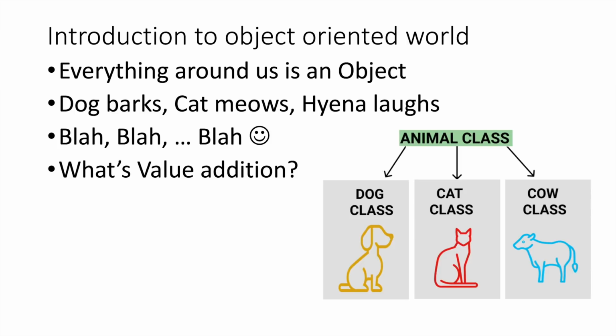Now, whenever object-oriented programming, object-oriented analysis and design, or anything relevant to object-oriented as a pair of words comes into the reading or into the topic, obviously you will refer to the image which you must have seen in academics or in any of the internet material, very quickly, as this image, where animal is a class, then dog is a child class, cat is a child class, cow is a child class, and then we say dog barks, cat meows, hyena laughs, and so many other things.